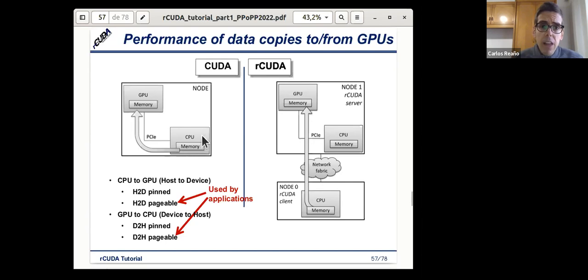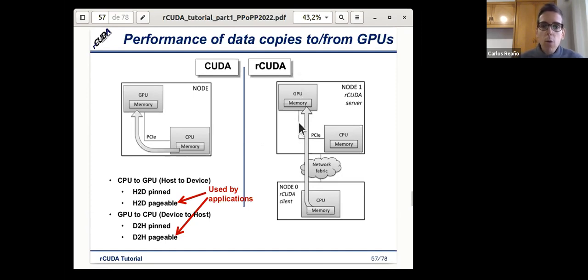This means that in CUDA we have one physical node with one GPU, and we copy from the host memory to the GPU memory. In the case of remote GPU virtualization, in the case of rCUDA, we have one node, and we copy from the CPU memory, through the network, to the GPU memory of the remote server, which is offering the GPU.